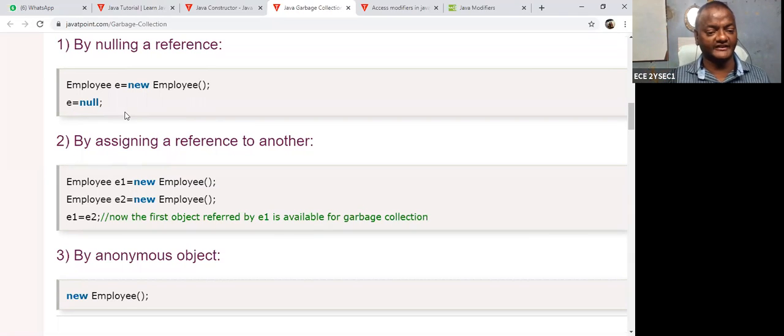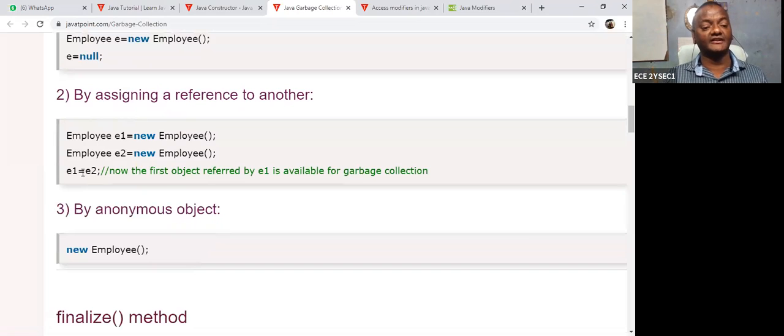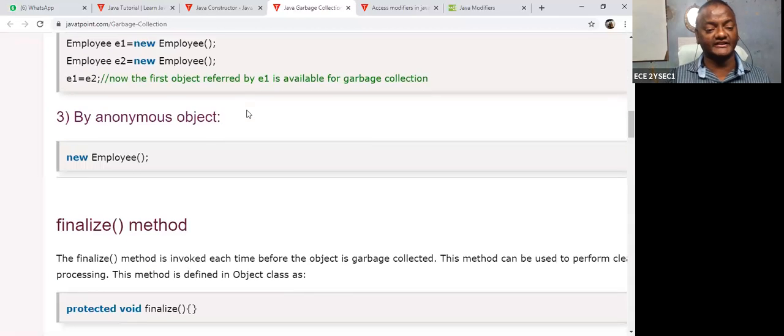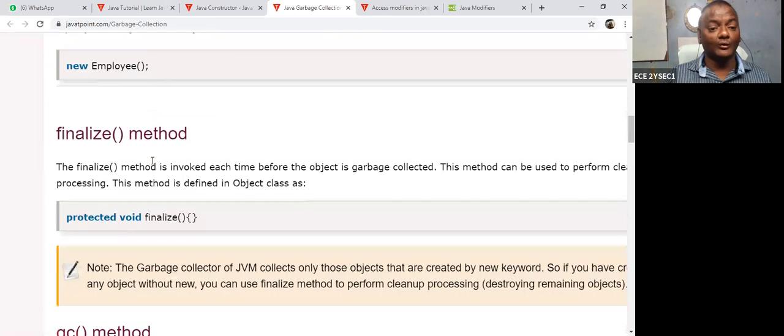Suppose the second one is E1 is equal to E2, then what happens? It can be cleared. This is called assigning a reference to another. Next, new Employee. Next, further,